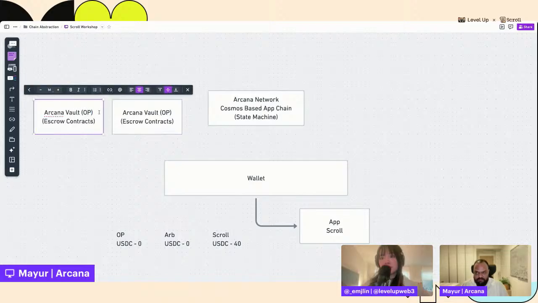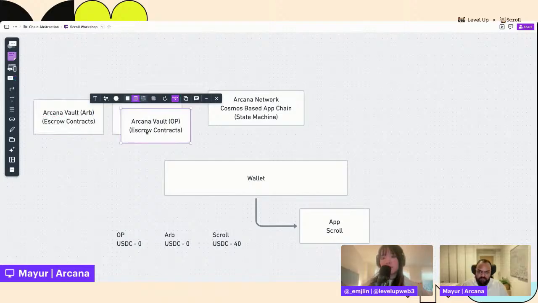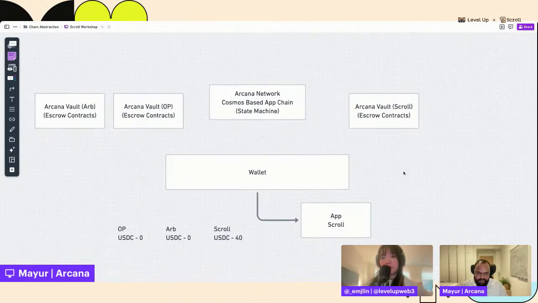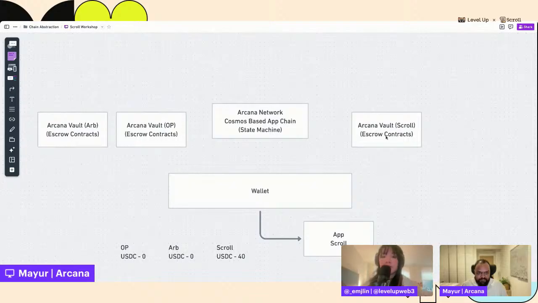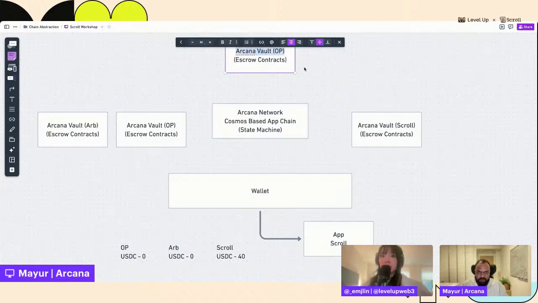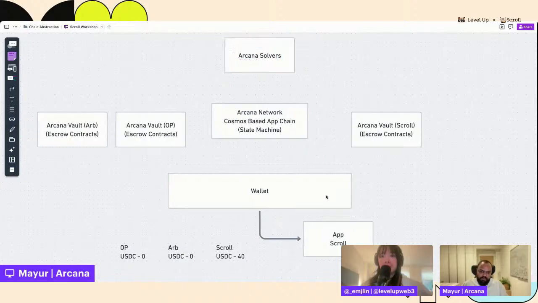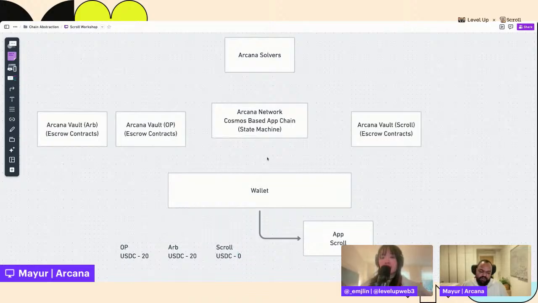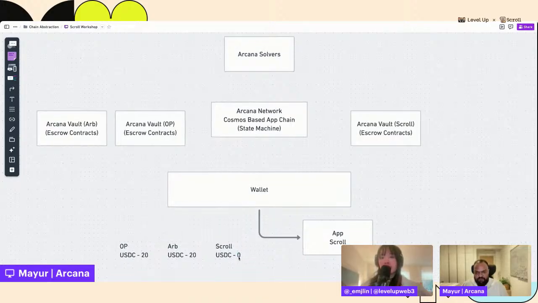Similarly, we'll have the Arbitrum deployment, and also an Arcana vault contract on Scroll like we do right now. So this is what we have, and beyond this, we also have what we call the Arcana solvers. Now if we go back to the original state where this user has 20, 20, and 0, and the user needs to spend this 40 USDC,